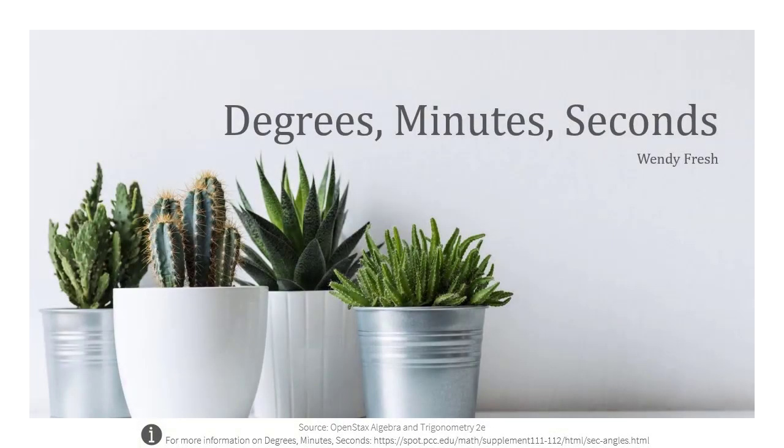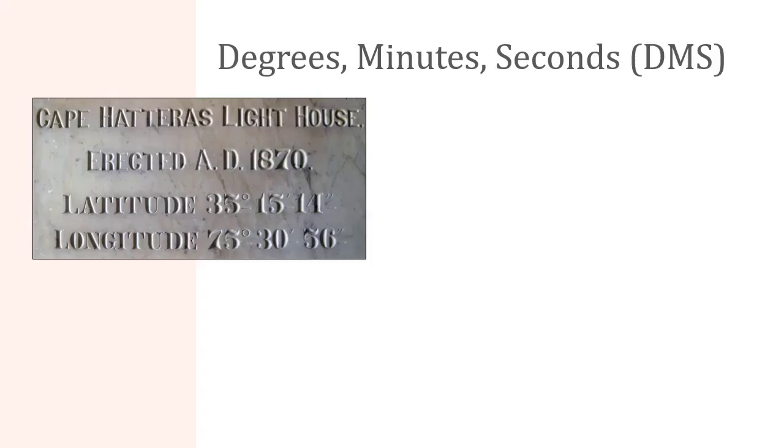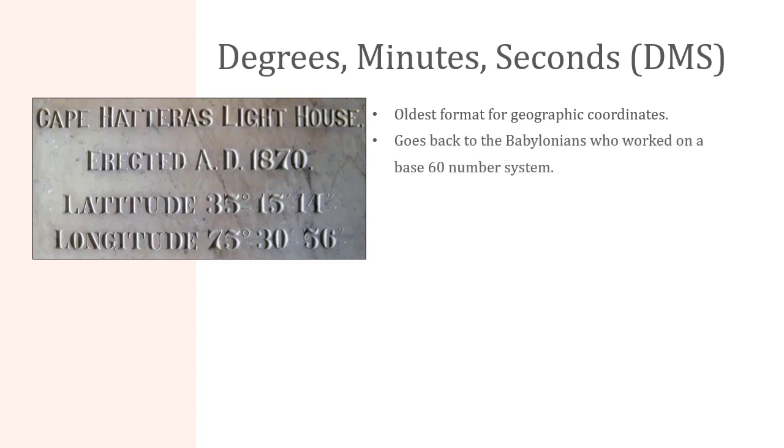In this section, we're going to talk about degrees, minutes, and seconds. Well, degrees, minutes, and seconds are one of the oldest formats for geographic coordinates. In fact, they go back to the Babylonians who worked on a base 60 number system. And you can see in this old image, Cape Hatteras Lighthouse, which was erected in AD 1870, has a latitude